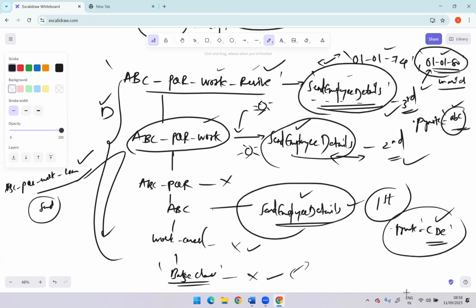Clear? Any questions? So the superclass data transform we used to set the common values like the